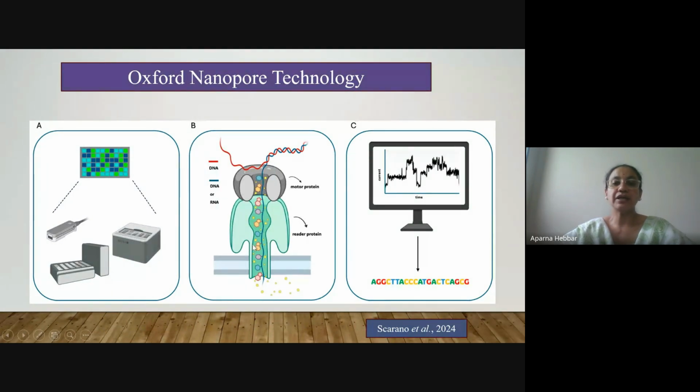And the reader protein, once the DNA fragment, one base at a time, comes inside this resistant membrane, there will be an alteration in the electrical resistance. This alteration in the electrical resistance is different for each nucleotide. For example, thymidine is different from cytidine. So the alteration in the electrical resistance will be detected, and then the computer will